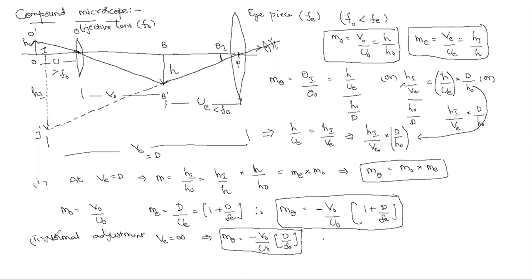And the third one, what I am asking: what is the length of this compound microscope? Length means the distance between the objective lens and eyepiece, the total distance between these two. You can see in the diagram. v naught plus u_e. Very good. This is the length of the microscope. L is equal to v naught plus u_e. Understood?